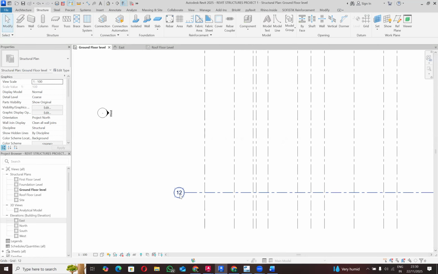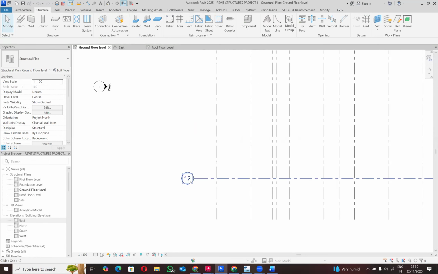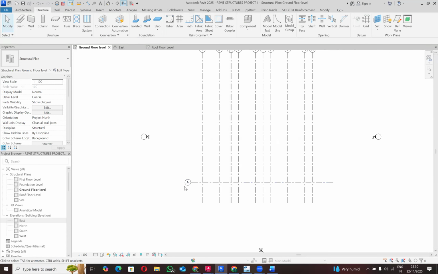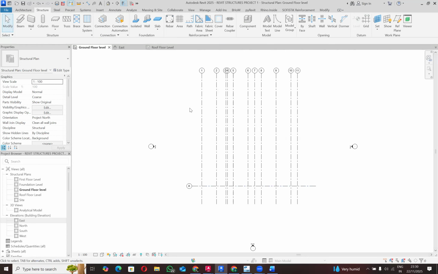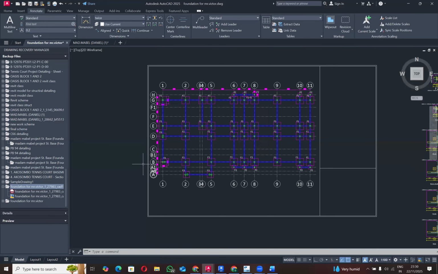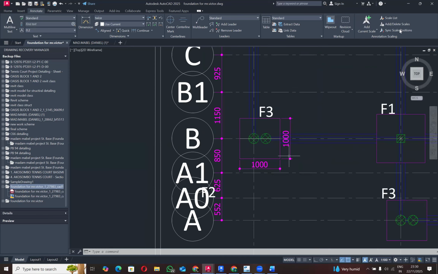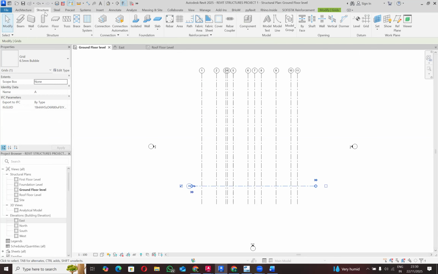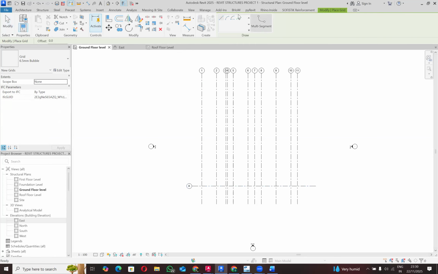Revit automatically wants to continue this as 12 from the previous one, but you can break that process by changing the name to A, and now it automatically will start using that. You can understand how we're now using letters for the horizontal. So let's see what happens when we do the next grid line. Our next grid line is A0, and that's 552 mm. So let's click on grid, click on this arrow segment here, type the 552,